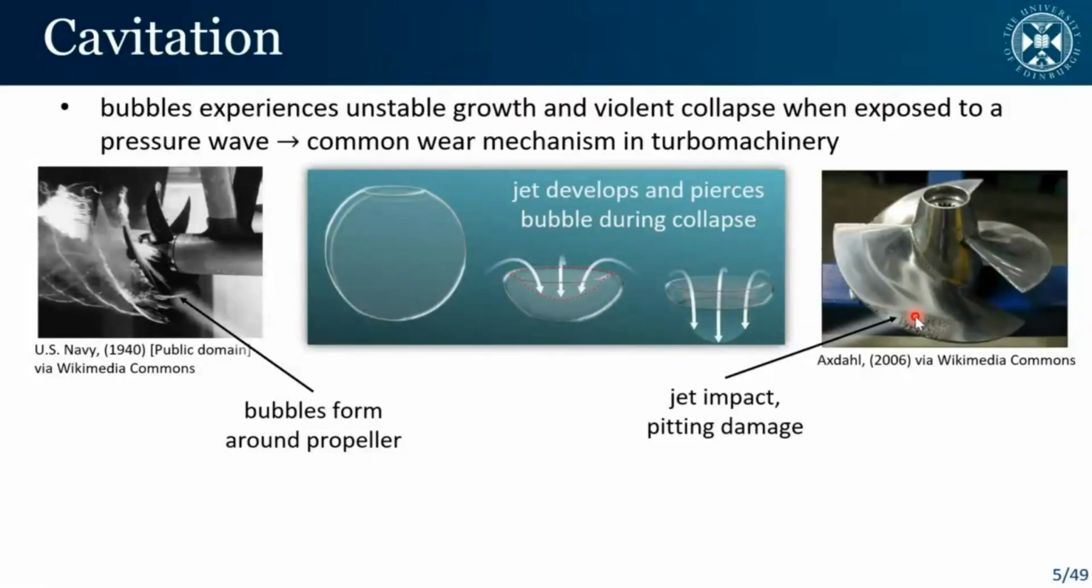And then if this jet impacts the solid, it can result in pitting damage. And one bubble alone is unlikely to do all of this, but you have to think of a scenario in suboptimal conditions where you have a propeller spinning many hundreds of times per minute. And if you're repeatedly producing these bubbles, you're going to end up with repeated jet impacts, which result in gradual